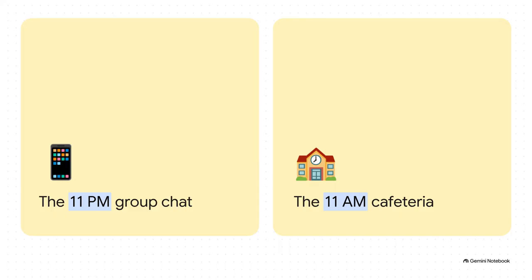Well, this perfectly illustrates our core philosophy here. The honest truth is, the location of the phone is almost never the location of the actual harm. That toxic 11 p.m. group chat? Yeah, that inevitably transforms into a highly hostile 11 a.m. cafeteria. The tension doesn't just evaporate into the cloud. No, it walks right through your front doors the next morning. Your building inherits the fallout, no matter where that initial spark was actually lit.